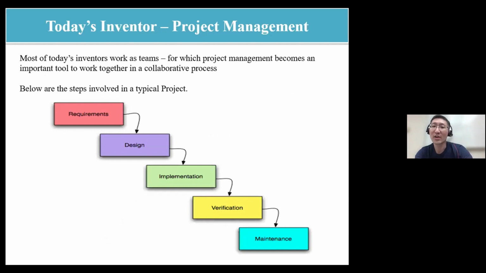In this diagram, it is known as the waterfall diagram framework. This waterfall diagram framework is one of the toolkits that you can find on the internet or open source. This is not the only project management toolkit. There are a lot more. You can find out whatever suits you. But we just want to introduce you to the easiest one to follow. And this waterfall design diagram framework is as follows. The first one is requirements. You know what you want to do. Then you design your project. And then based on your design, you implement the project, followed by verification and maintenance.